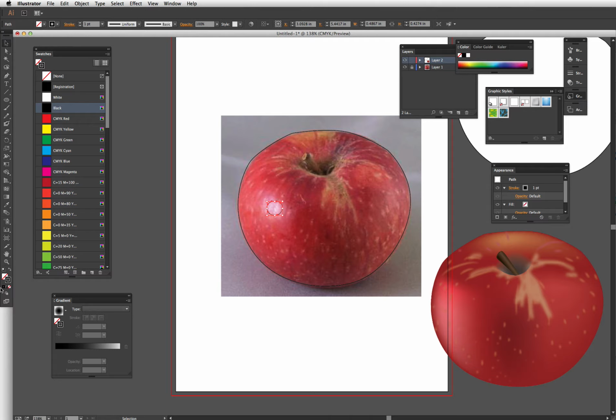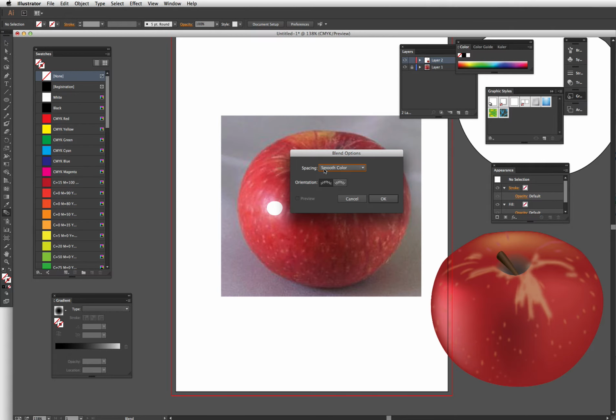So I'm going to give this a white fill. So just fill it white. This is going to be no stroke, no fill. And then what we're going to do is blend tool. And I want to make sure that the option, so it says smooth color, that's good. I want smooth color. So we can just click on here, and then where that is, see the plus sign,